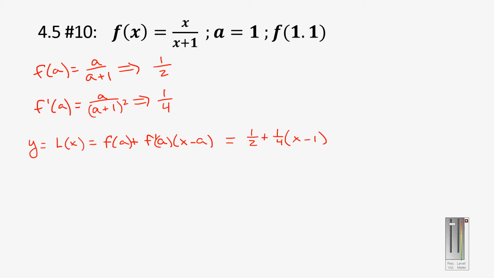So what I can do now is calculate what that is for f of 1.1. We've done step A, which was up here. Step A on 10 was to write an equation of the line that represents the linear function, and this is that equation. Step B is to do some graphing, and you could do this in Desmos. What you would find,